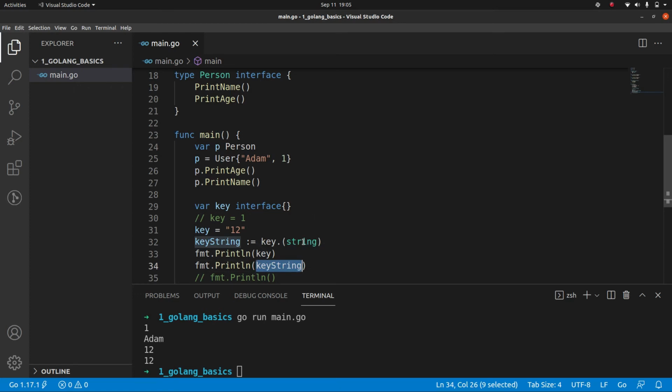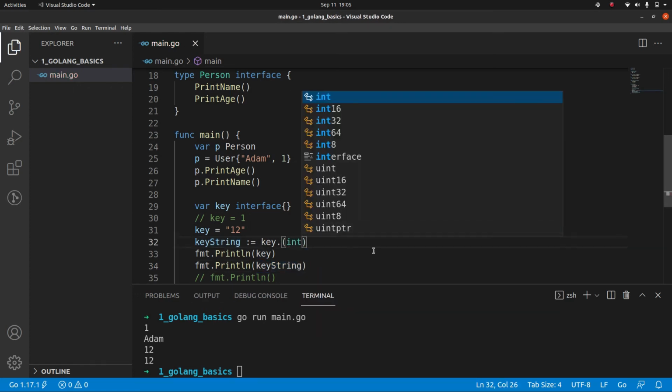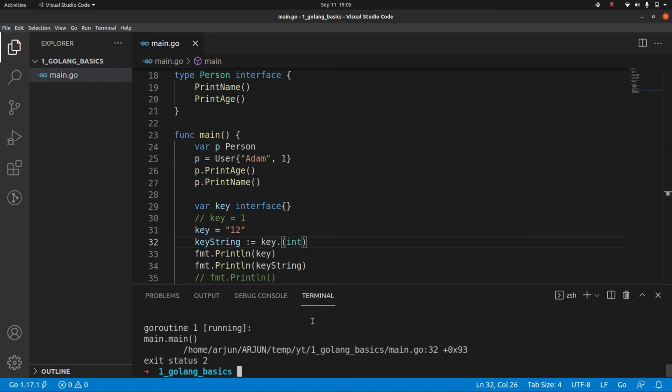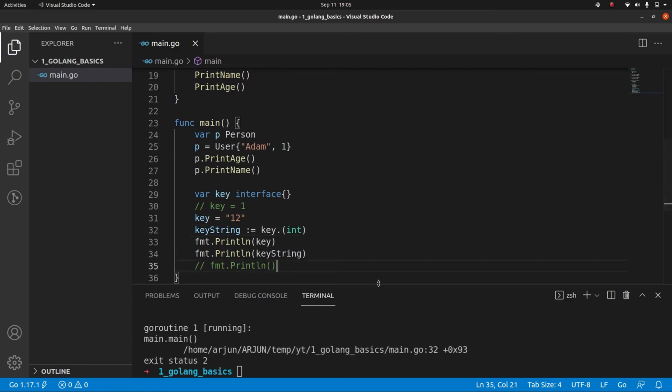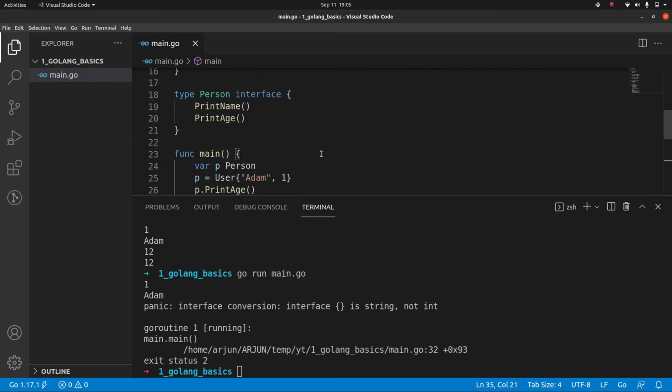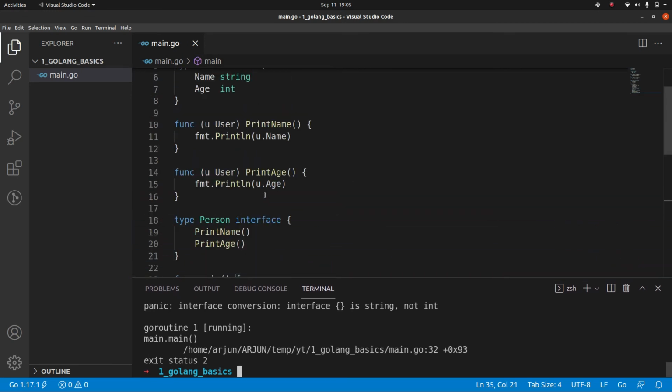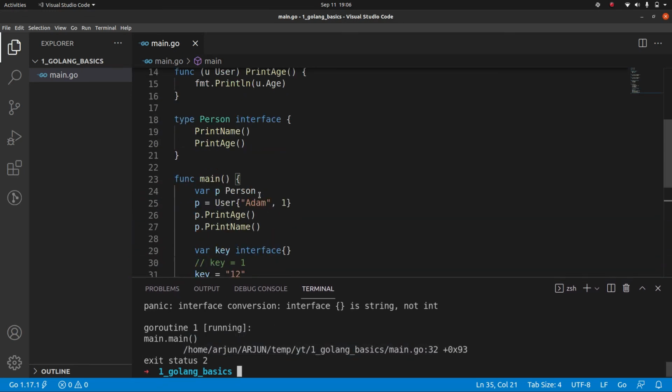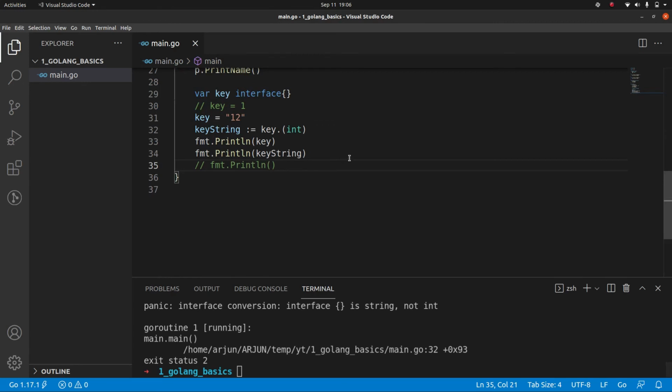Conversion is actually possible, but if we just put int here, let's see what happens. That resulted in a panic. We cannot do this conversion because it is a string, not an int, so that won't work. This is something to keep in mind. This will result in a panic, right? So to avoid this,